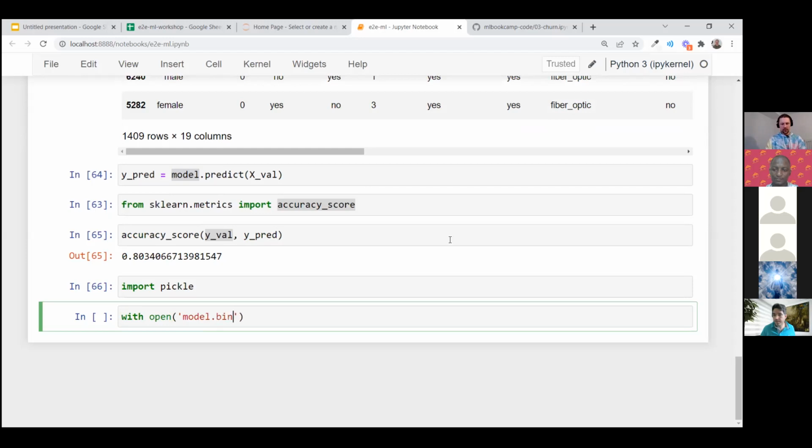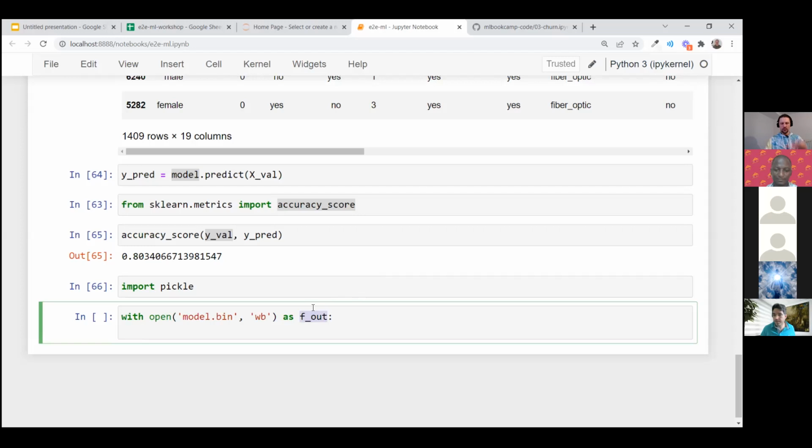We'll call this file model bin, and we need to open this file in writing mode and in binary. W means writing and B means binary, because pickle is a binary format. And then f_out. Here I use this way of naming the handle of this file. I clearly indicate that I will output something.